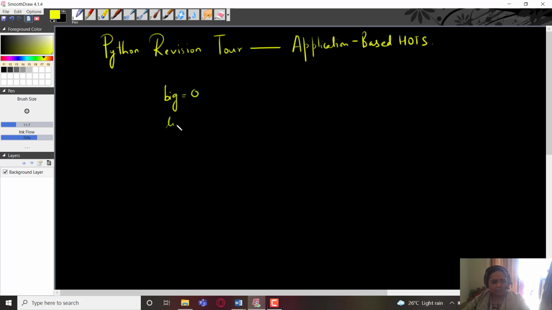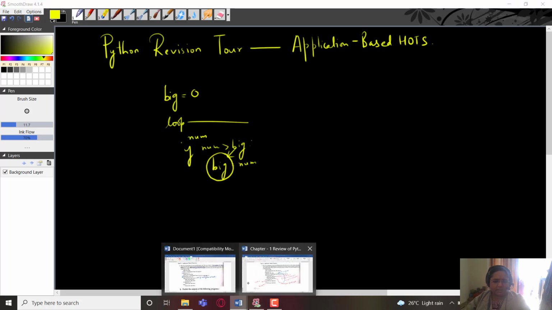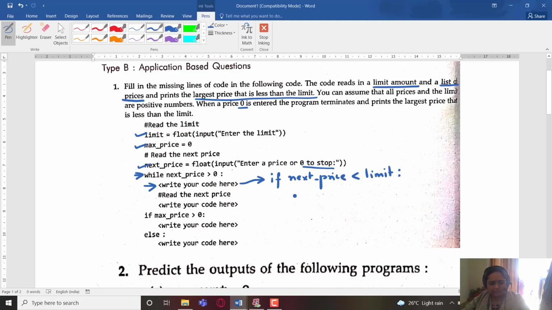Then we use a loop where we enter a number, say number, and we check if the number is greater than big, then we assign number to the big variable. So by the end of the loop, the value which is largest, big, would be containing that value itself. So over here also we can apply that kind of a logic.